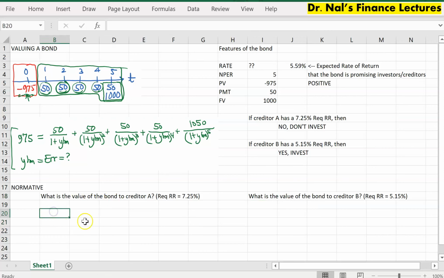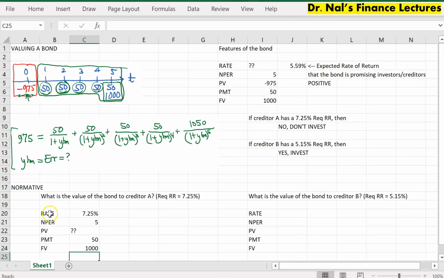All right. So I'm just going to write down the givens again at the bottom: the rate, the number of periods, the present value, the payment, and the future value. Let me copy these over here. This time we will reinterpret the question as follows. The present value is really the question mark, the value of the bond. The outcome here will give us the value of the bond, while the rate will be interpreted as the required rate of return, which is 7.25%. The number of periods, the payments, and the face value didn't change.